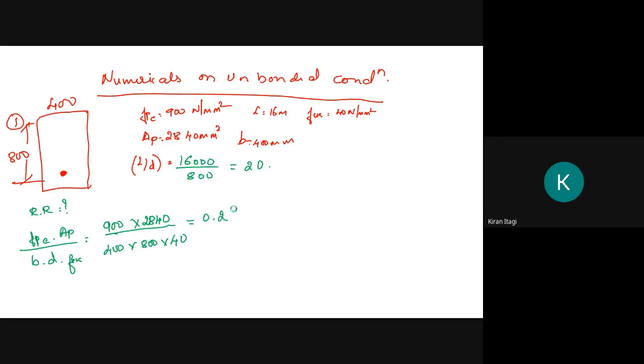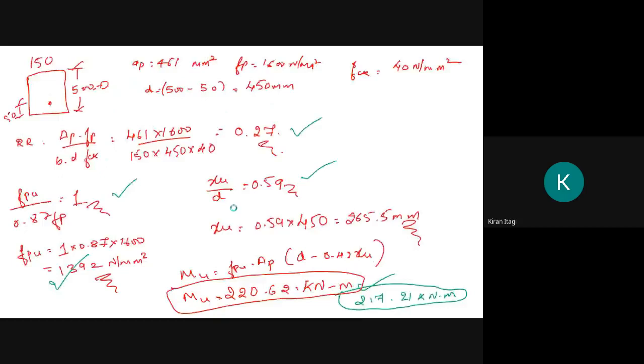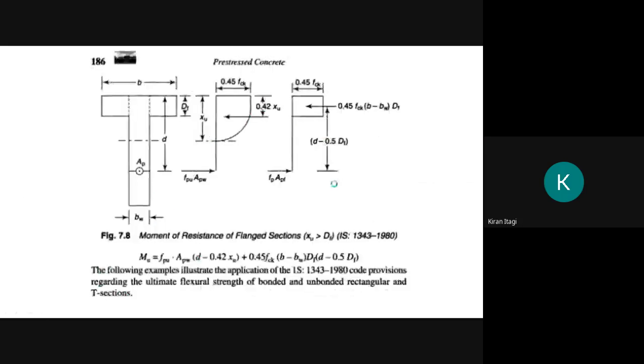Then what should we do? We should again go to the table. How much have I got? I have got 0.2. Here we can see we have 0.2. For this reinforcement ratio, I have got 0.2. Then I should see L by D, that is 20. Then I should see this column under this 20. Got it? So it is 1.16 and 0.58. What you do, just substitute these here.